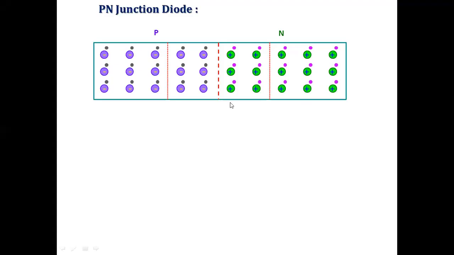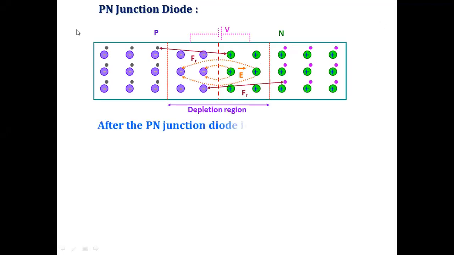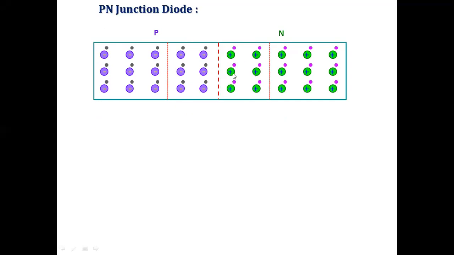So we have started the PN junction diode here now. The P type of semiconductor, which one we are joining with the N type of semiconductor. While joining this one, the N type has more electrons, the P type has more holes, and there are immobile negative ions and immobile positive ions present here, both the conditions.